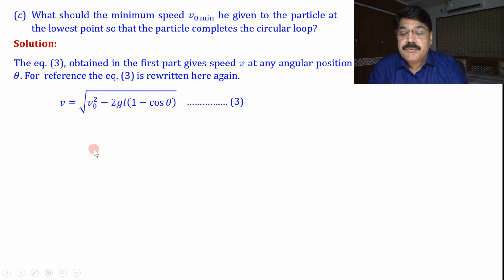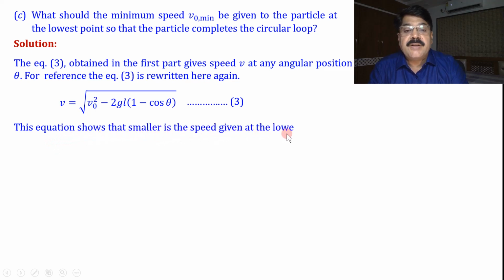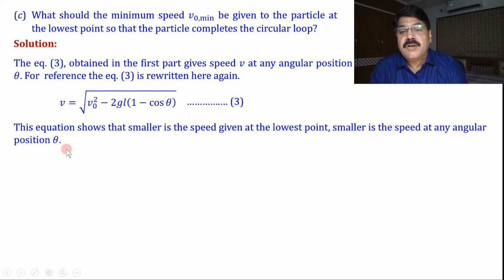And what does this equation show? One thing: the smaller the speed given at the lowest point, the smaller the speed at any angular position theta. If you make it smaller, this speed will become smaller. So what can we think? For minimum speed at the lowest point,